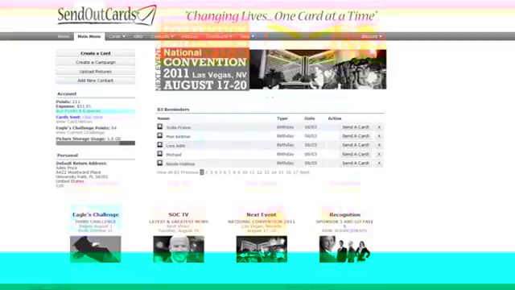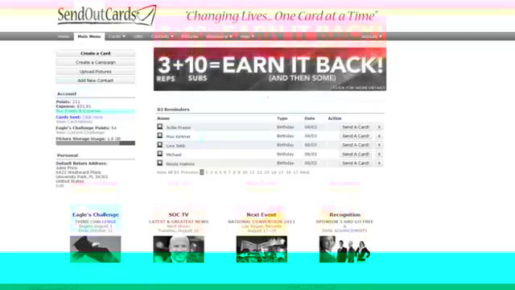Welcome to the tutorial on how to create and send a campaign. A campaign is just simply a saved card, so something that you might want to send again later. Maybe a thank you to a new client, a nice to meet you card, a birthday card to send to